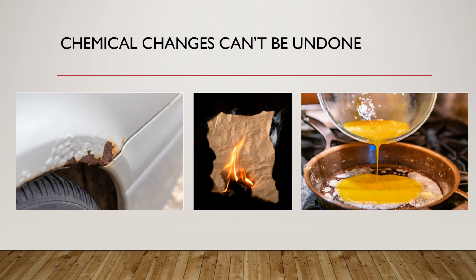That is the real reason why cars are painted various colors. It's not just because different people like different colors. It's mostly because the paint works as a barrier to keep the metal of the car frame away from the oxygen in the air. Another example of a chemical change is burning anything. If you burn something, you can't unburn it. All you can do is remove the burned parts. Burning, rusting, and cooking with heat are chemical changes 100% of the time.